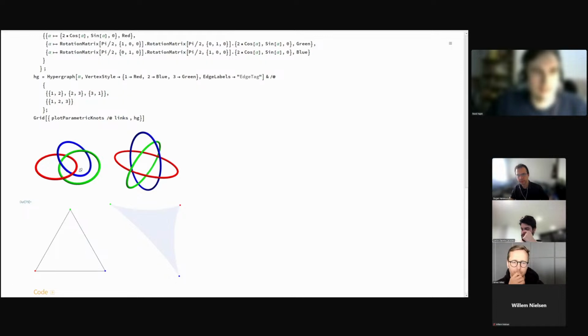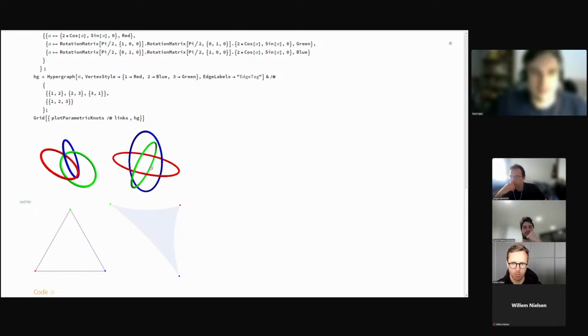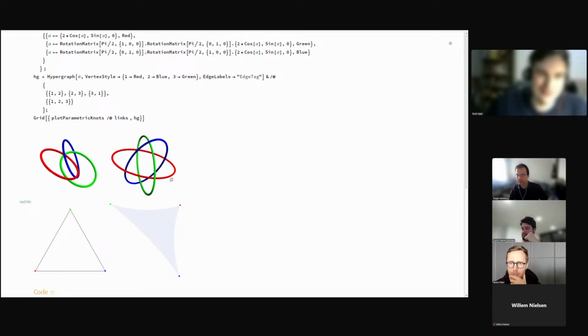A nice example of an n-ary relation which it can represent is, for instance, the linkedness of unknots. These are trivial knots, and they can represent the relation of being linked together. In this picture, you see that each two of these unknots are linked together. That's why there is a 2-edge between each pair of vertices. Whereas in the picture on the right, no two unknots are linked, but all three are linked together. You cannot separate them. So this relation would be represented by a hypergraph with a single 3-edge.